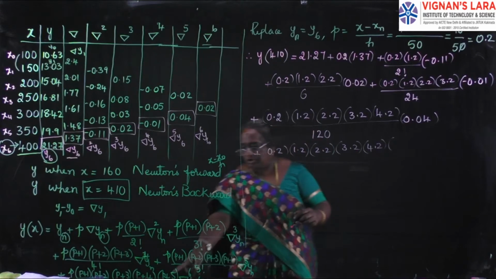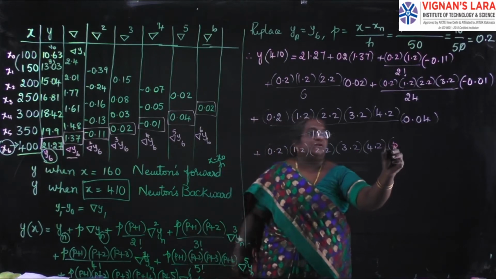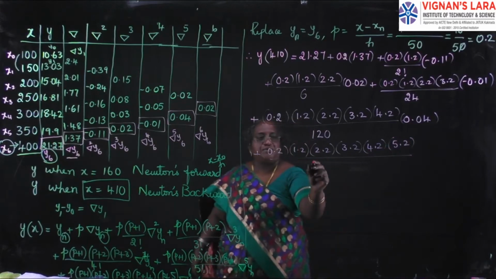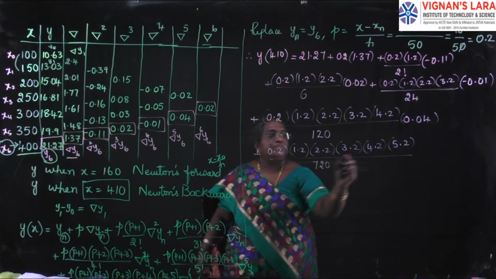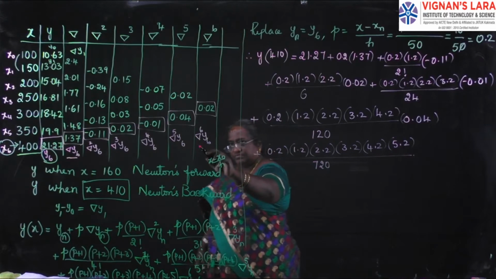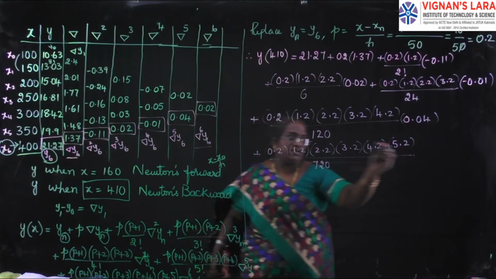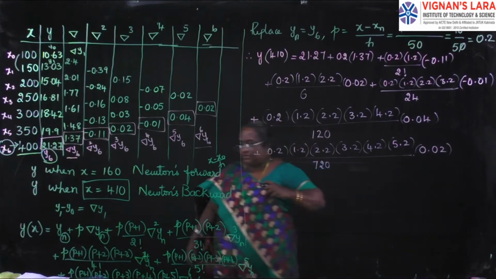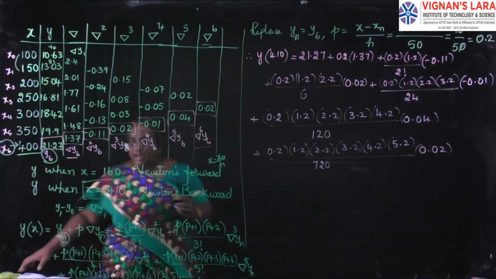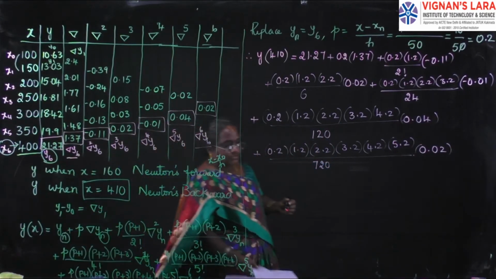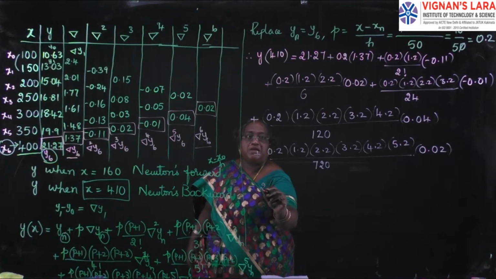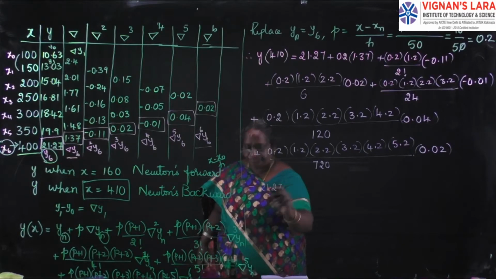We have to stop at p plus 5, which means 5.2, divided by 6 factorial, which is 720, into the last value, the sixth backward difference, which is 0.02. So this is the substitution. Now if you substitute and simplify all these values, see the values here. This is equal to 21.27